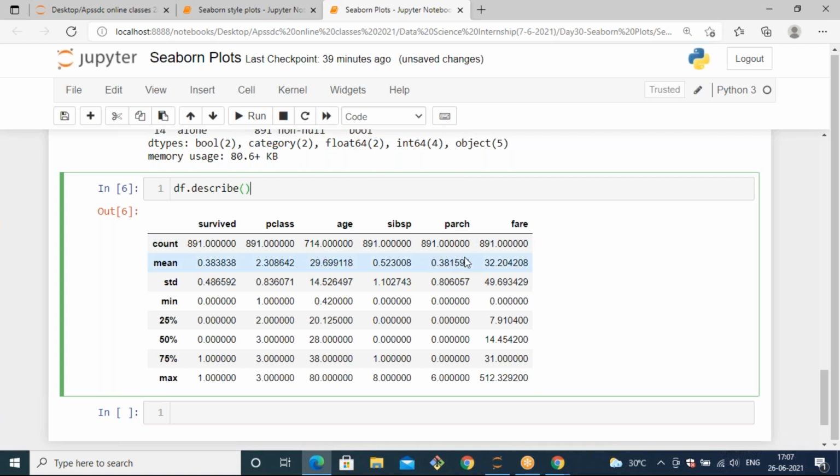May I know the reason? Why is it giving only 6 columns of statistical data, and why is it not giving the data for all the columns?